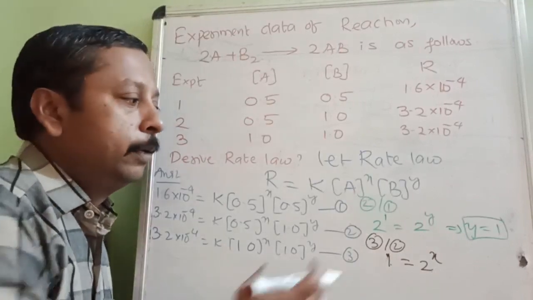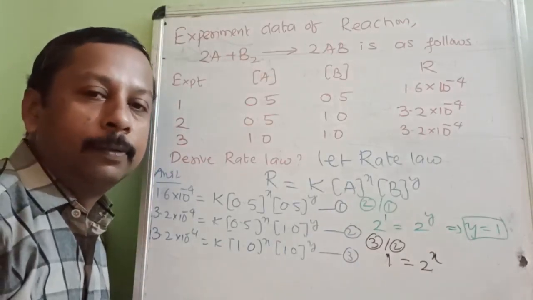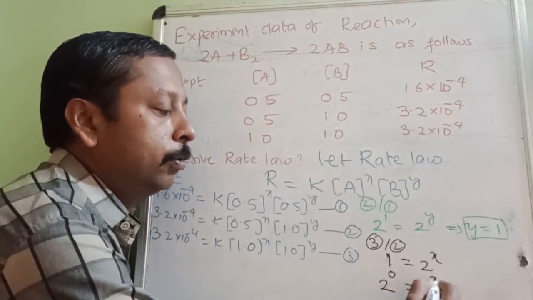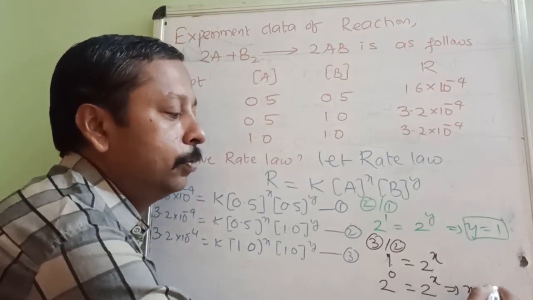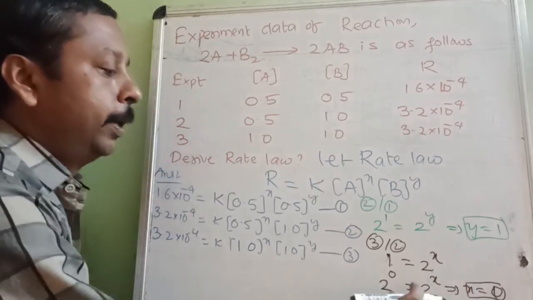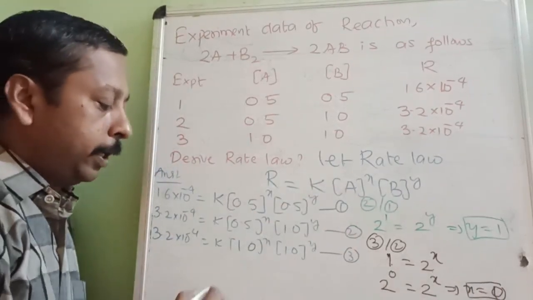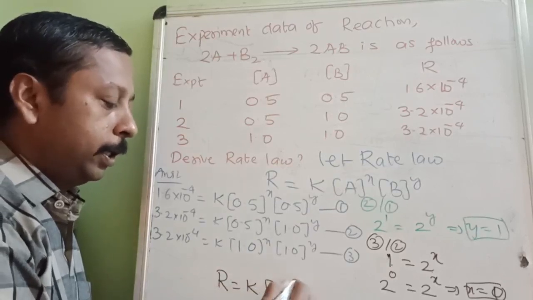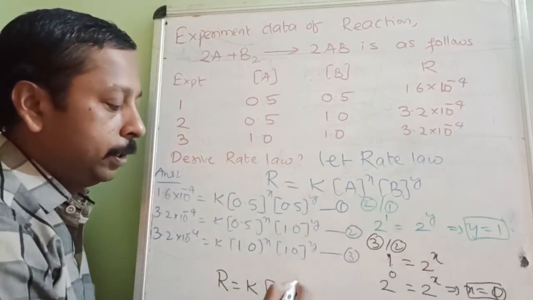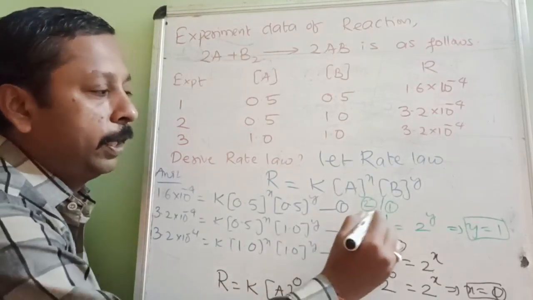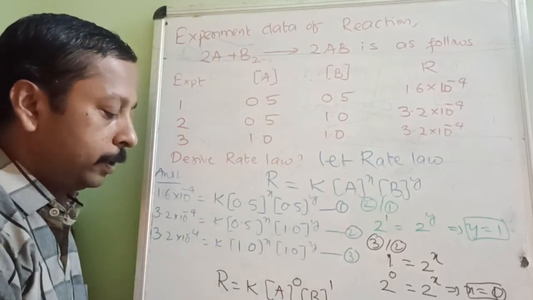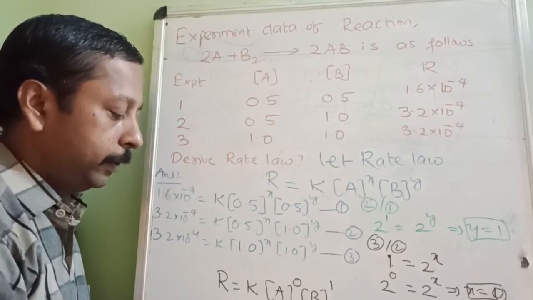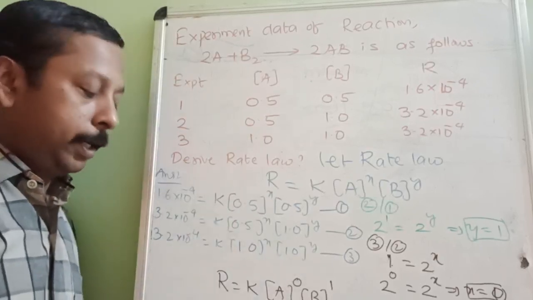1 is equal to 2 to the power of x. How to do this question? It was very easy, but this looks very difficult, not for you. I will smartly write 1 as 2 to the power of 0, and 2 to the power of x. So x is equal to 0. Okay, so by substituting these values, I will get the rate equation. In place of x, what should I write? 0. And in place of y, I should write 1. Therefore, the resulting equation will be r is equal to k into b to the power of 1, or simply, this is the rate law.